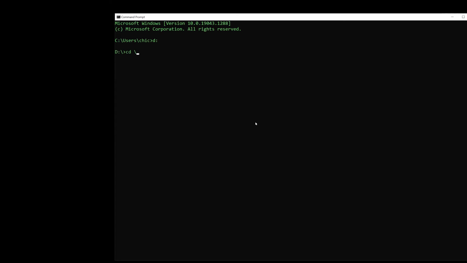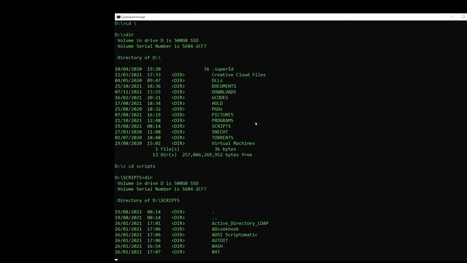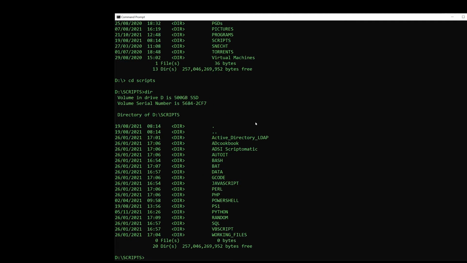And then I'll change directory to the root of that drive, and I'll do a quick directory and see what's in it. And I'm going into the scripts directory, so I'll cd scripts, and then I'll do another quick directory to see what we've got in there. And I'm going into Python. Now at this point, I could simply, well, cd